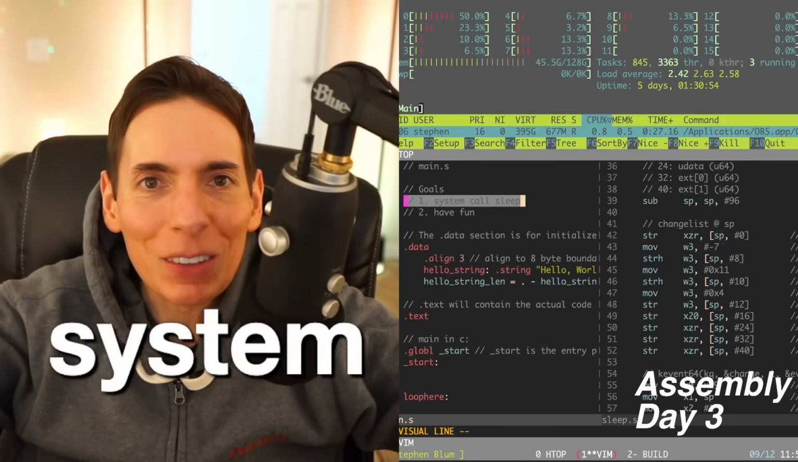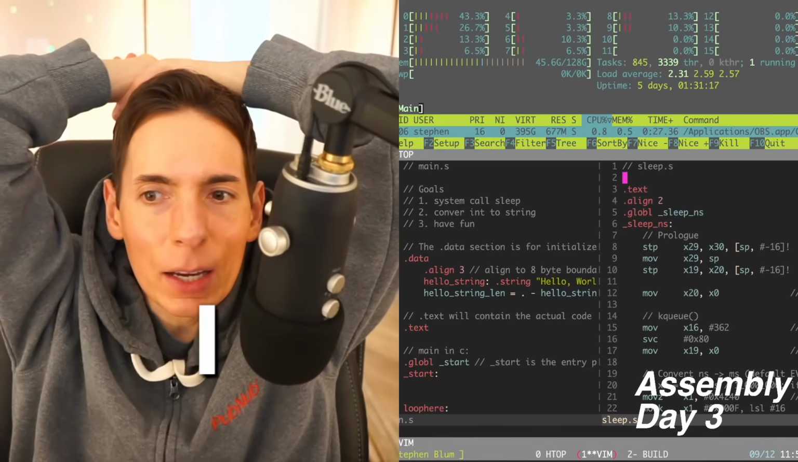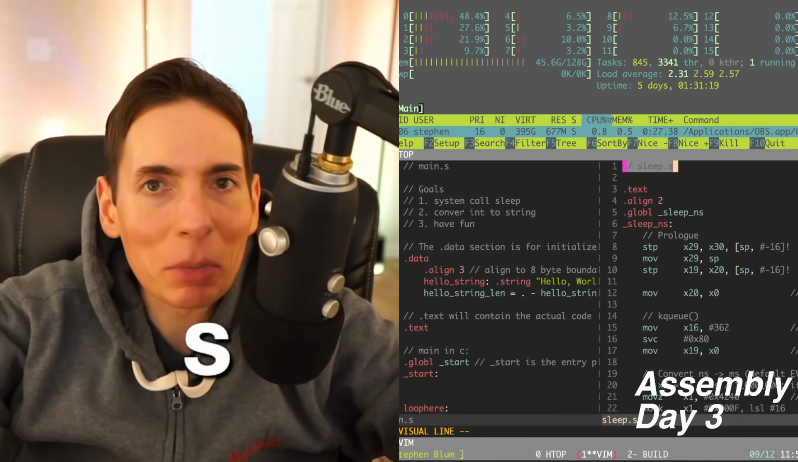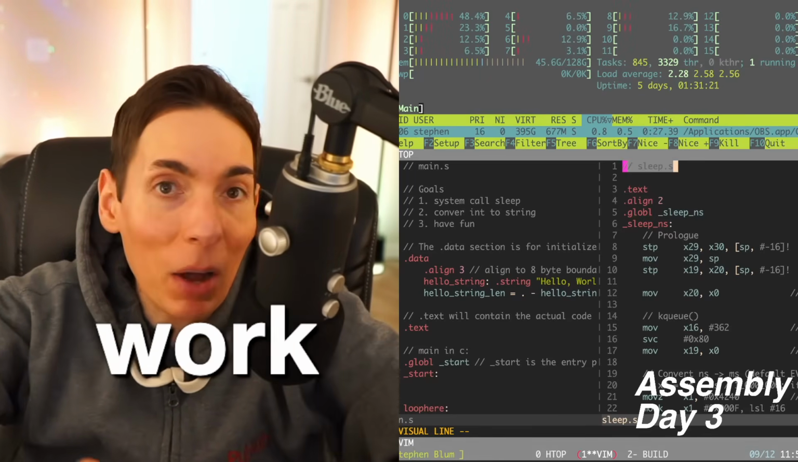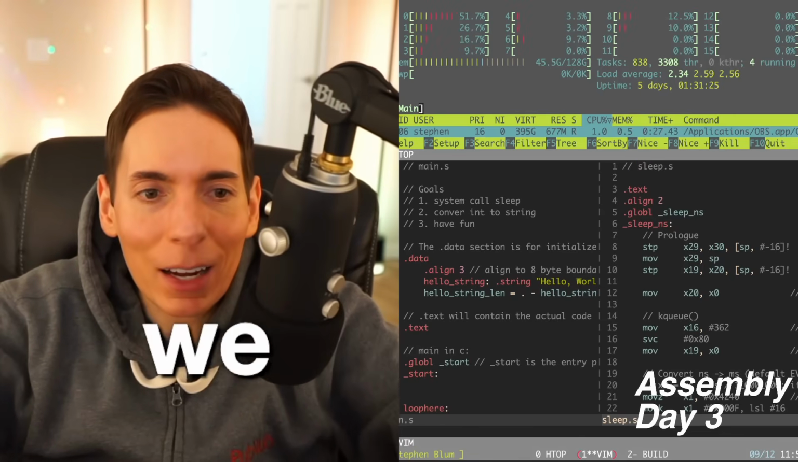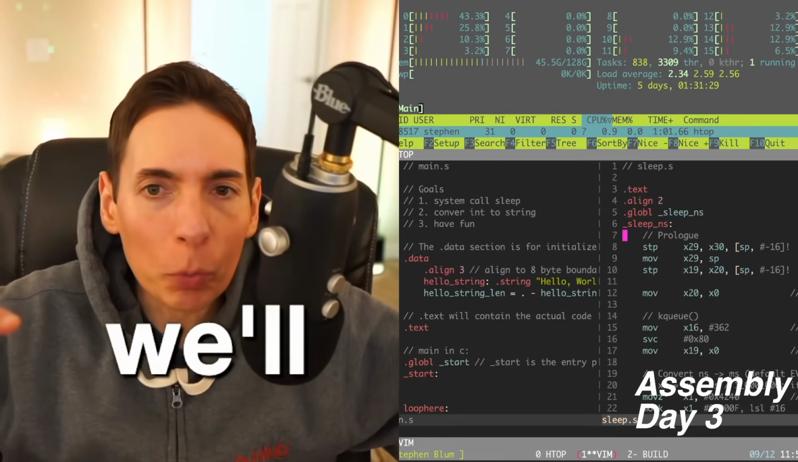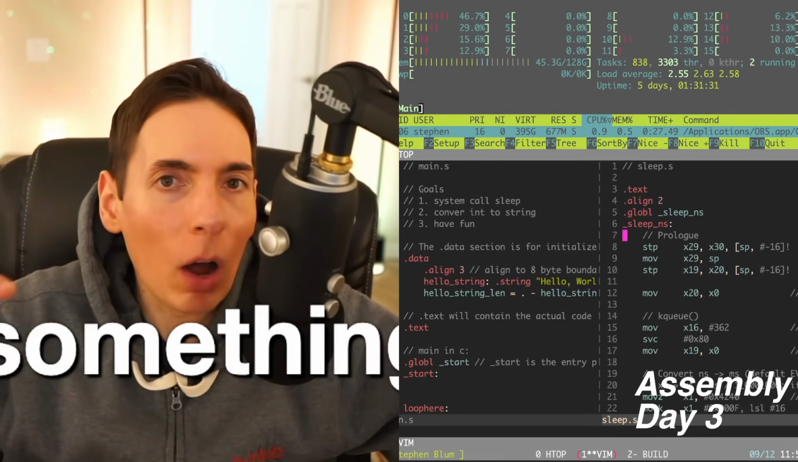A system call with our ARM64 assembly. And then I found a sleep.s file, a sleep assembly file, which should work. It compiles, it builds, but we need to implement it right. And then we also want to add it into our loop. And so the idea is that we'll have a loop that prints out something every so often, like maybe once